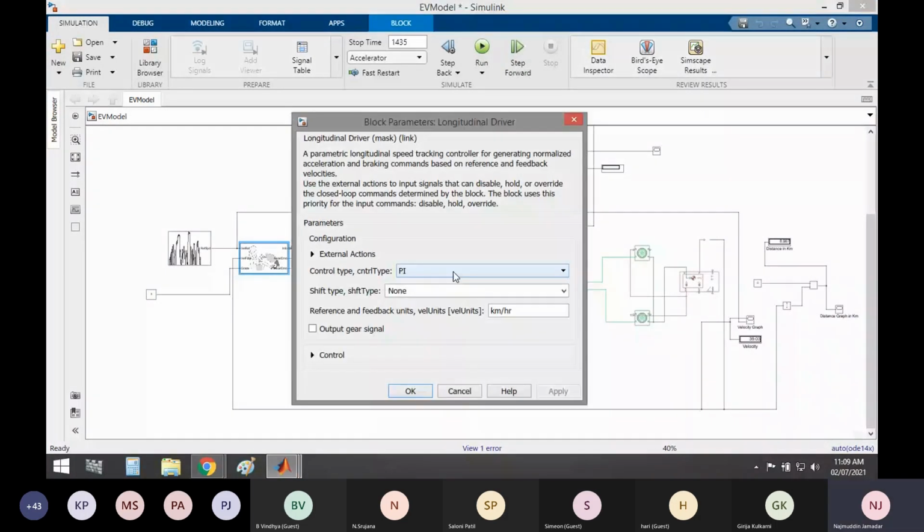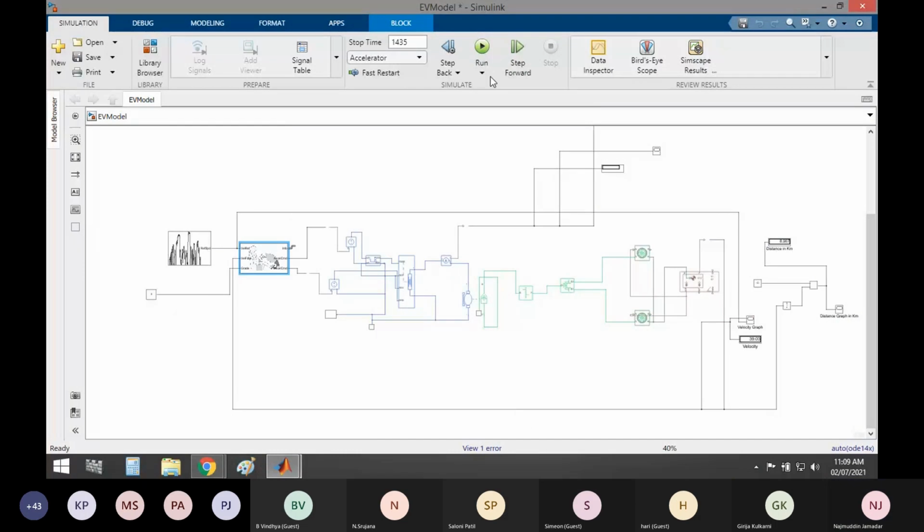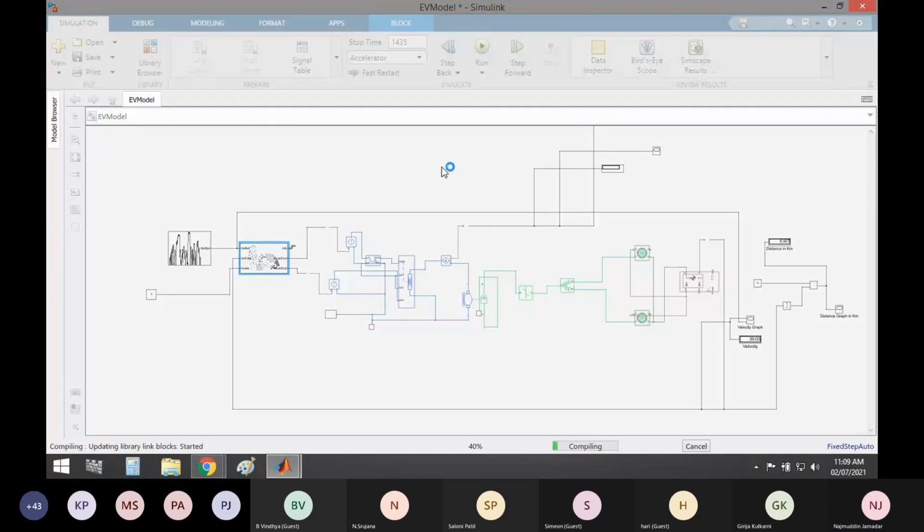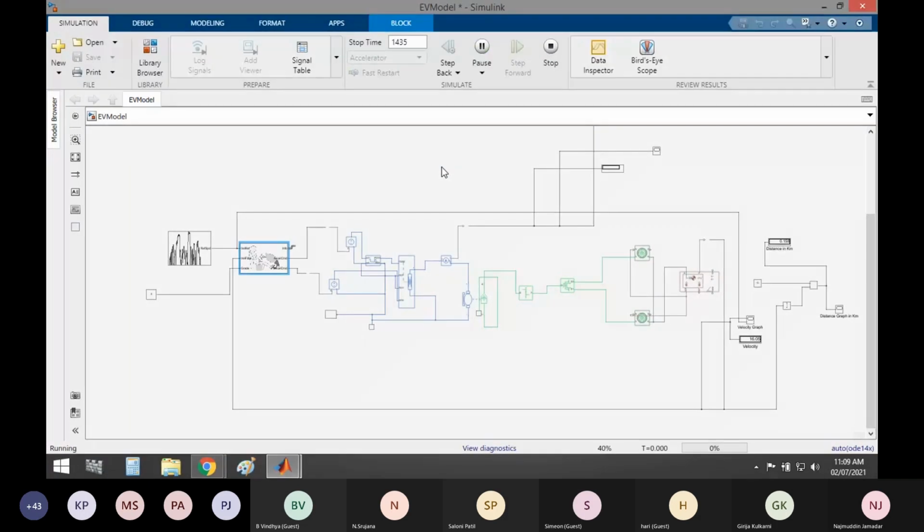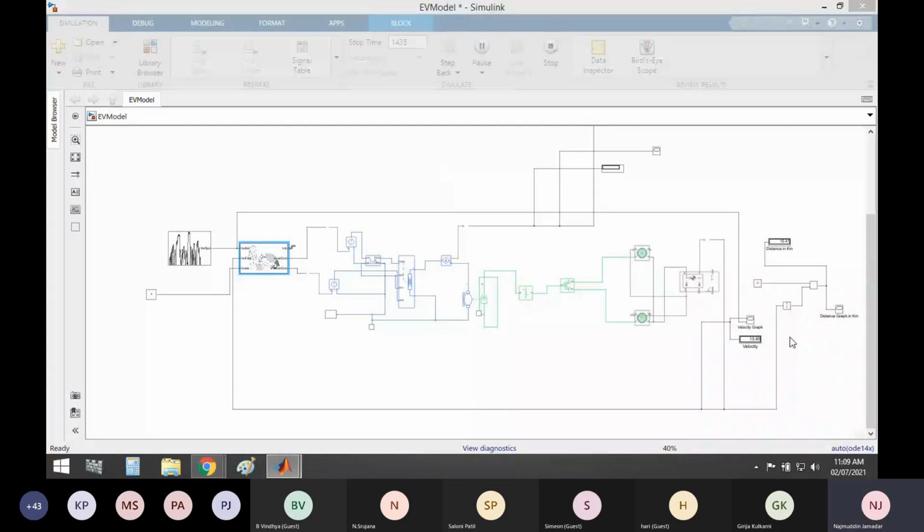I'll again go back to the predictive controller. I will check it once again. Again, I will see the velocity graph.